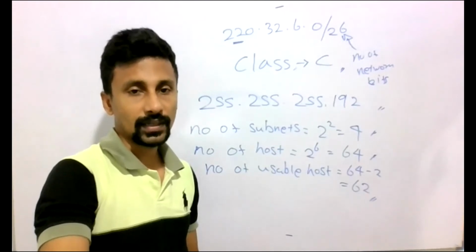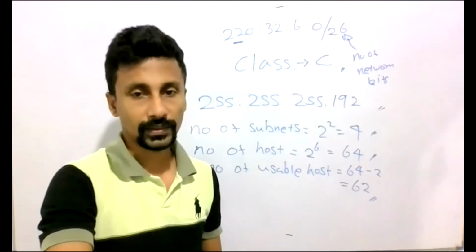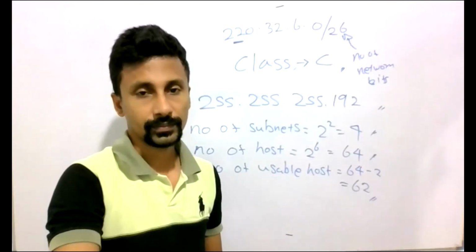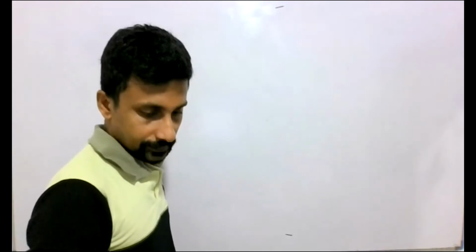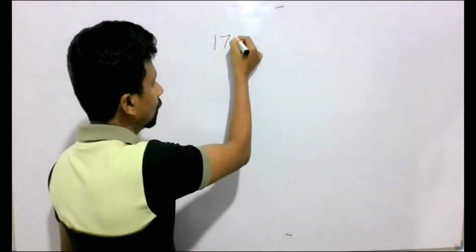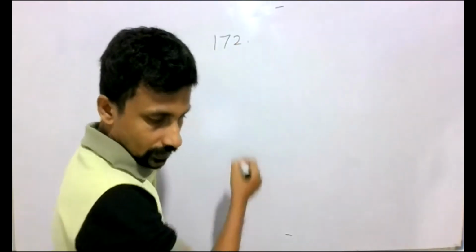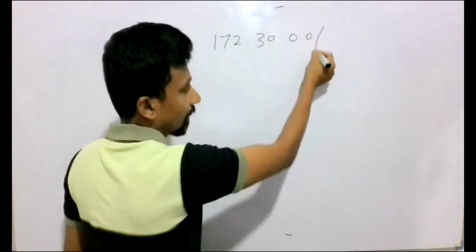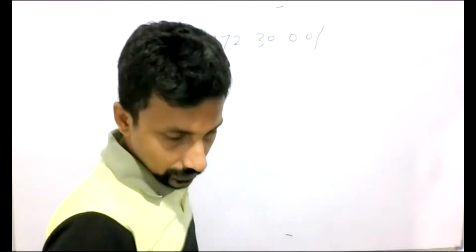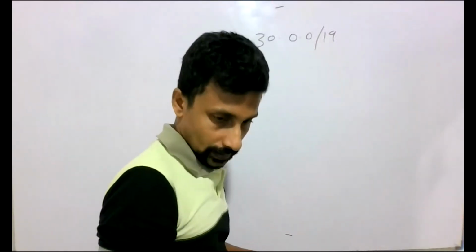Okay, shall we start the second one? Second and third. Try to do both of them. Okay. Second one, 172.30.0.0 slash 19. Okay. So here